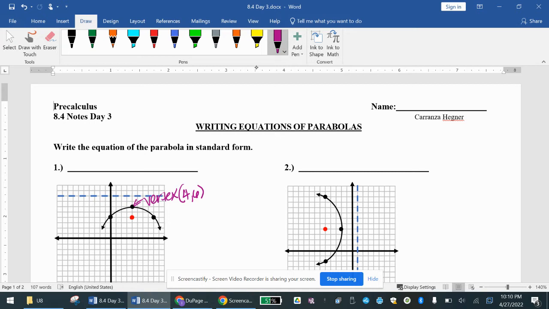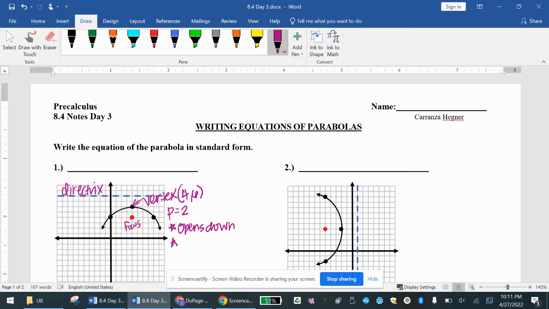A couple other things that are important: I told you that p is important. p is the distance from the vertex to the directrix, which is that dashed line. It's also the distance between the vertex and the focus. So in this case, p is 2. Another important fact is that this parabola opens down,